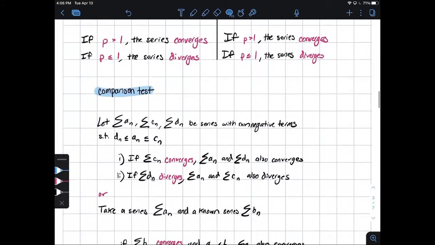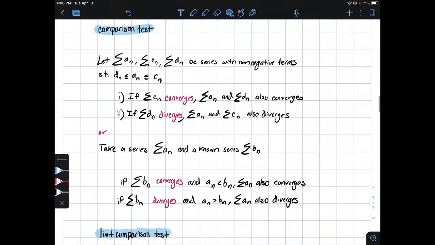Now we also have the comparison test. I feel like it's a little difficult to articulate in a comprehensible way, so I tried to do it two different ways. Essentially, what happens is, let's say you have a series, and you obviously want to see if it converges or diverges. Well, you can look at whether you can take a series that